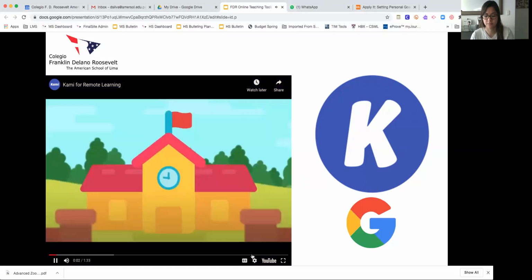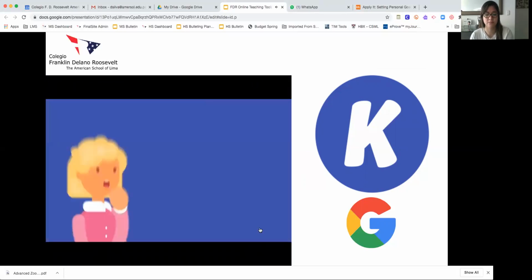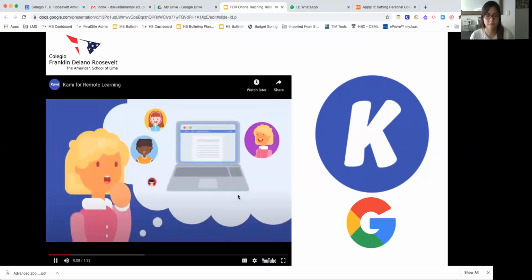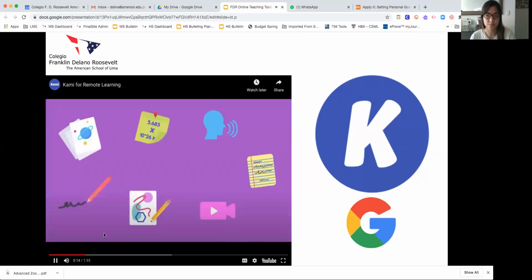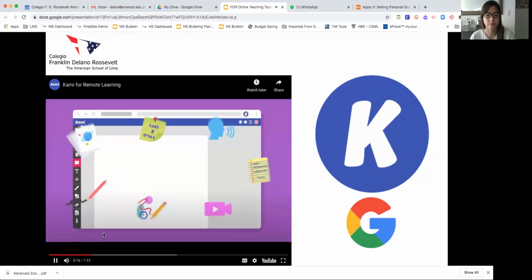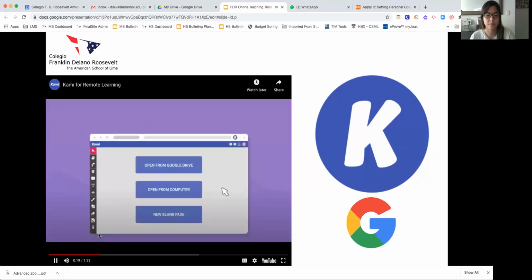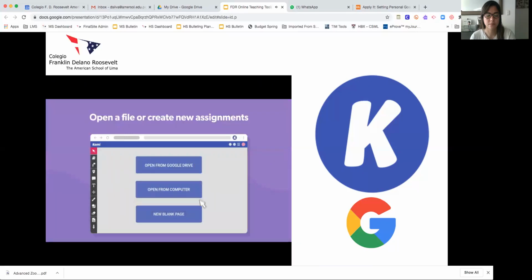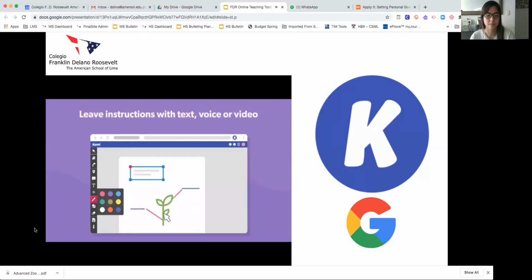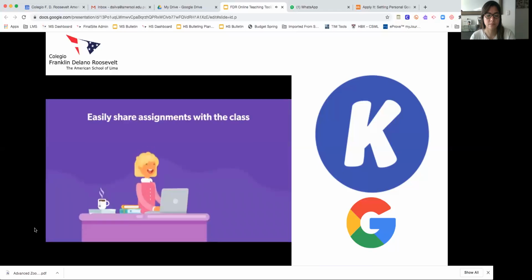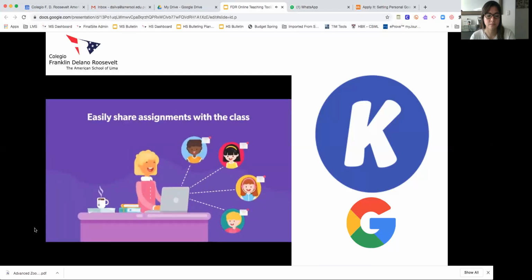As school closures increase due to the coronavirus outbreak, more educators are planning and preparing ways to implement remote learning for their students. We want to help. If you're looking for universally accessible tools to learn, create, and collaborate, there's Kami. To get started, open a file from Google Drive, upload one from your computer, or create a blank page. Create assignments and lessons for any subject using a variety of interactive tools. Leave instructions or video lessons to guide students through their work. Send assignments out to your students by sharing a link or through learning management systems.